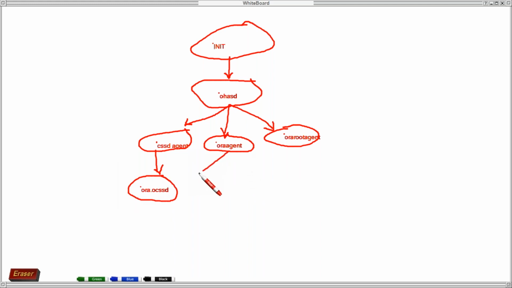So this Oracle agent is spawning so many processes, like 4 agents or processes it is spawning. Okay. So one is EVMD. Okay. Event Manager Daemon.